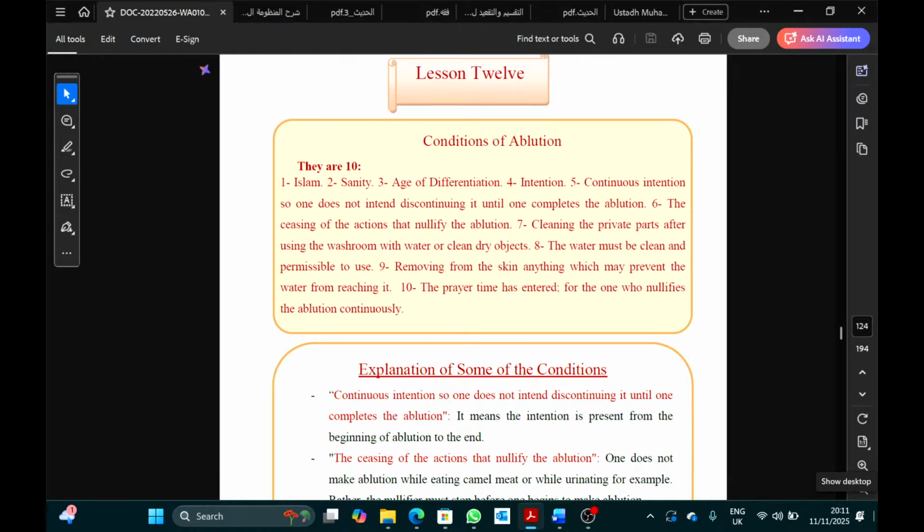So for example, some people have an issue where drops come out the whole day. So what does that person do? Because you can't just do wudu and a second later it's broken, then he does wudu again, then it's broken, then he does wudu again. So for that person, the ruling is, and it's the same for a woman that has istihada, right? She's bleeding, but it's not part of a menstrual cycle, it's like extra excess blood.